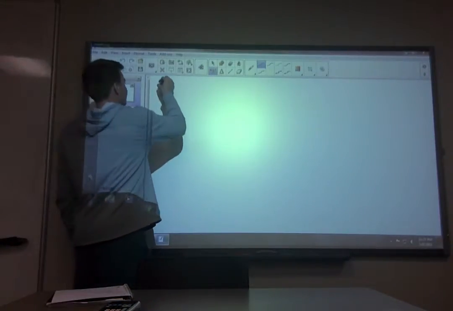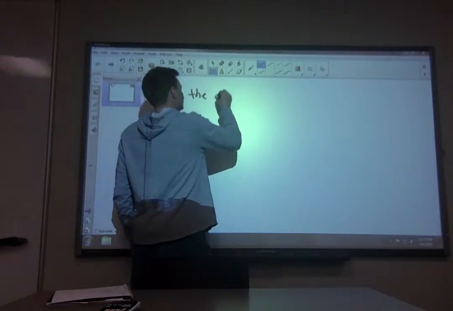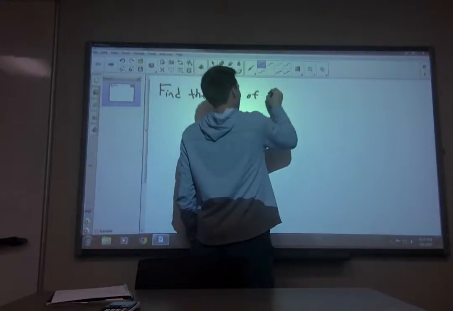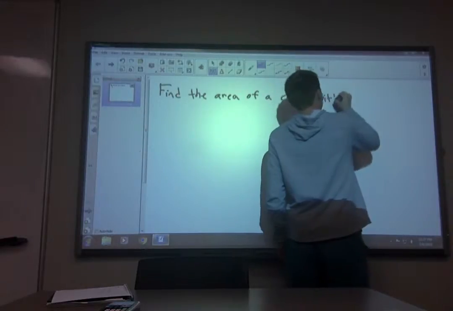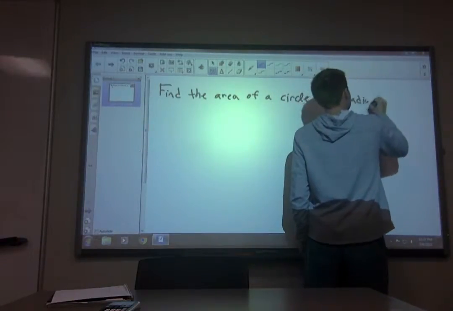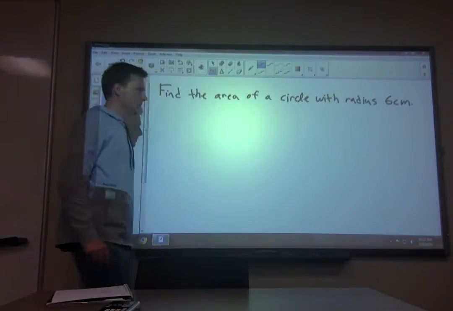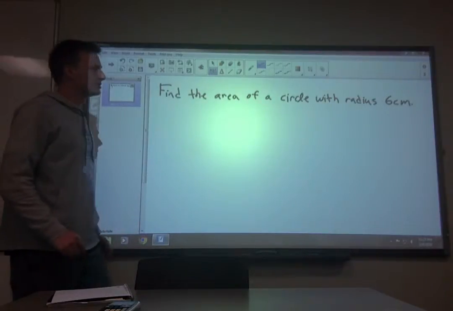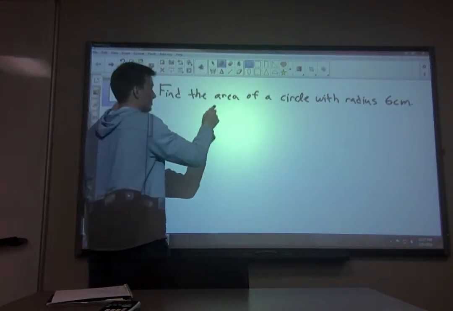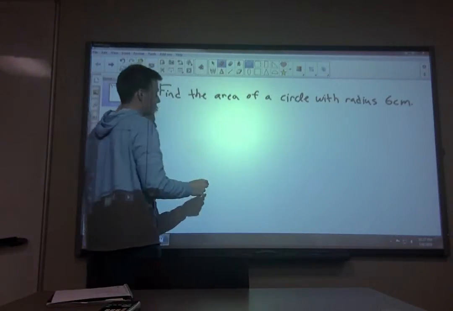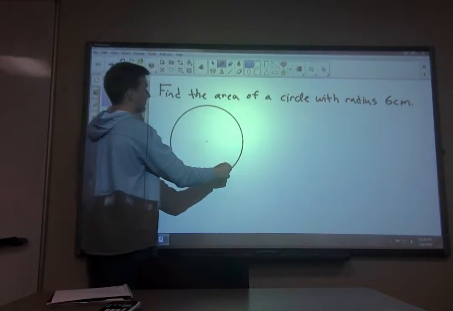shapes. So we might run into a problem like: find the area of a circle with radius 6 centimeters. Okay, and we're going to be able to depict problems like this really well using the tools that we just talked about. So we can draw a circle by clicking on this shapes button. Just click somewhere on the board, and the more that we start to drag that out, the bigger our circle